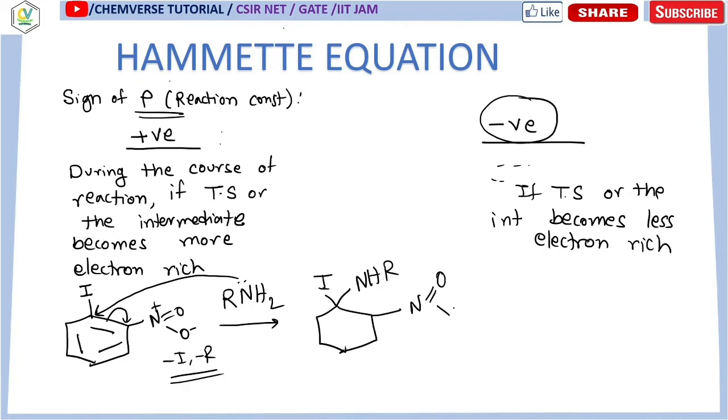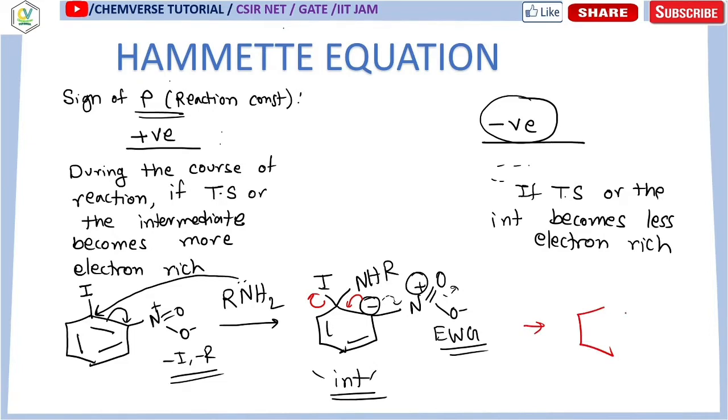So you can clearly see the first step is the addition step. This negative charge is stabilized with the help of this electron withdrawing group. It is basically stabilizing that negative charge, and that is why this intermediate is a stable intermediate. And in the next step, this comes back and iodine is removed. So your product is something like this,